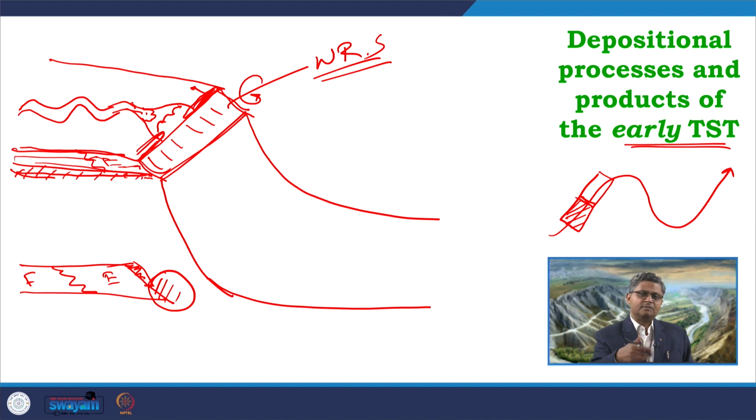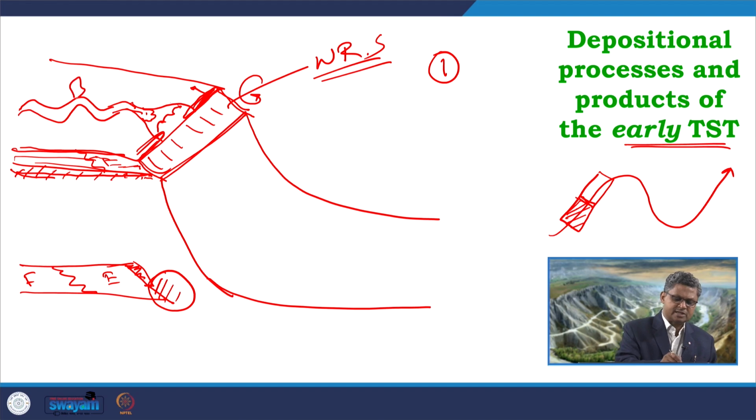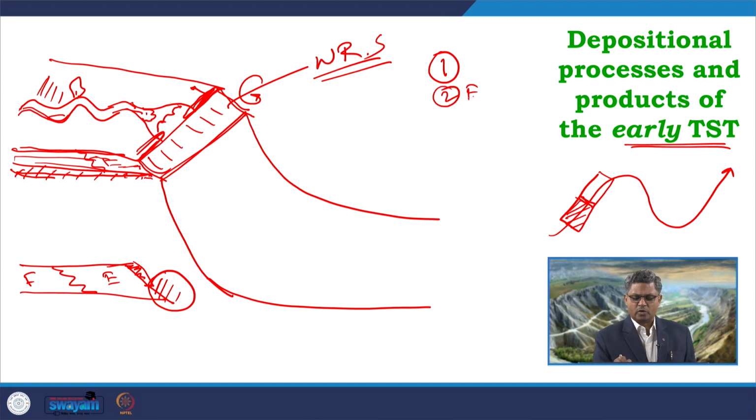Now, due to this process going on over here, what are the major systems that we are developing over here? Number one, fluvial system, they are showing aggradation and they are showing onlapping pattern. So, the river systems will be dominantly meandering river with the development of some, say, crevasse splay deposits, very well developed overbank areas, very well developed channel and point bar systems. So, all these things will be there. Number two will be the formation of estuary. So, the first point was fluvial onlap.